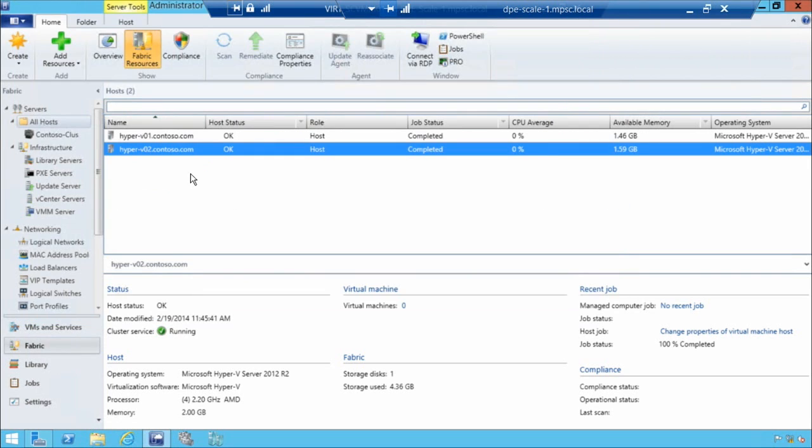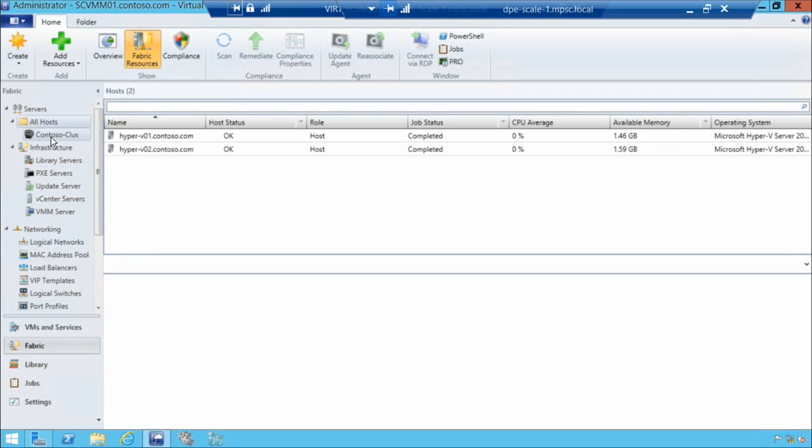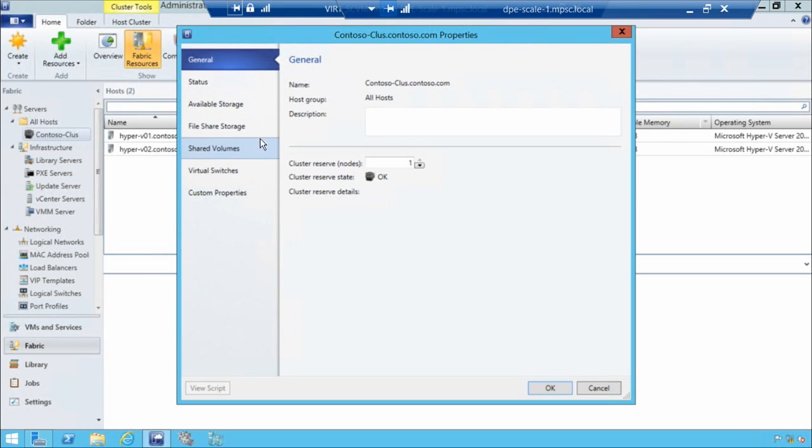Everything appears to be running healthy. So we'll close our jobs window. And now if we look at our fabric, we can see Contoso Cluster 1 has now been created. So we're going to go and edit some cluster-wide properties next. To do that, we select our cluster, click Properties, and again, these are going to be properties that are applied